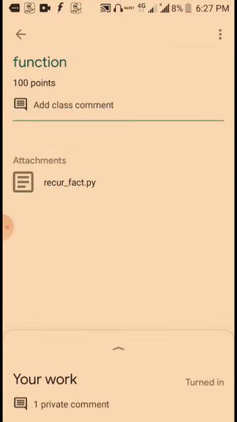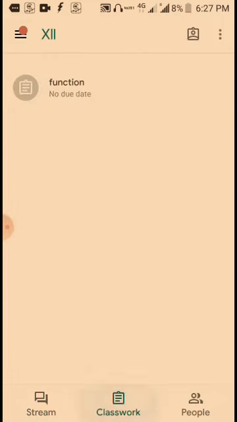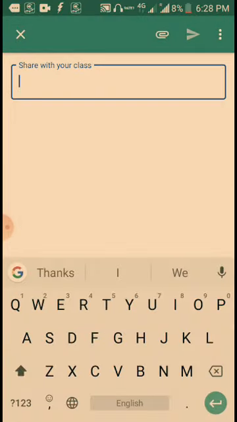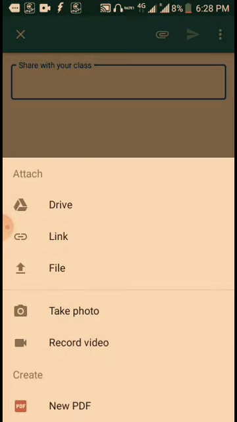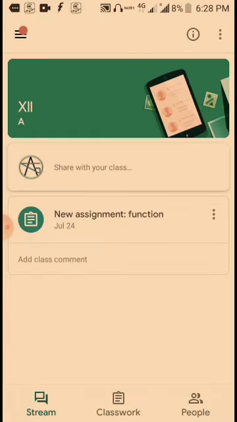and now once you go back, you will see that your attachment is not coming in the stream. Okay, so you have to reply in the classwork tab only. From the classwork tab you see the assignment is there in the stream, but your reply is not there in the stream. Why? Because you have not put that in the stream. I have not clicked on over here and then attached the file. Don't do like that. If you do like that, then it comes only in the stream.